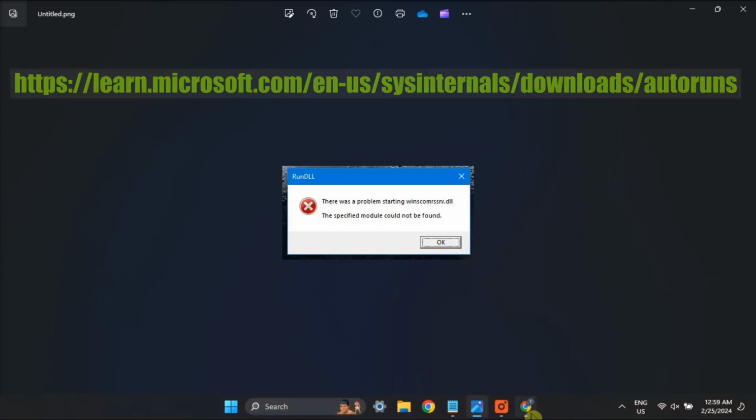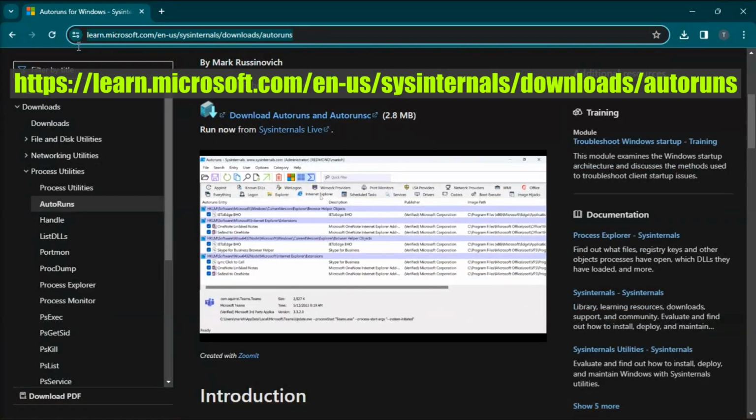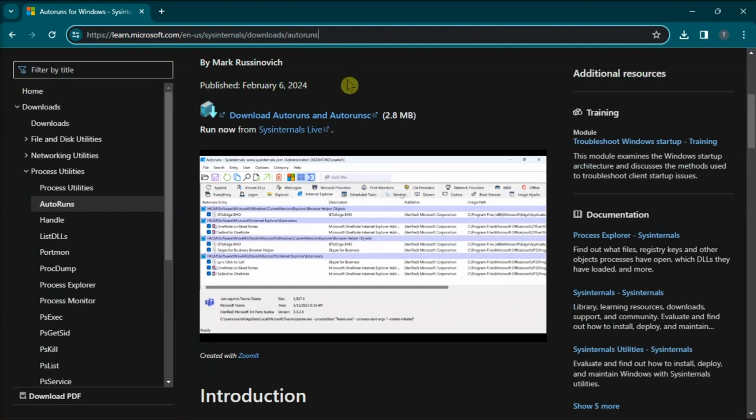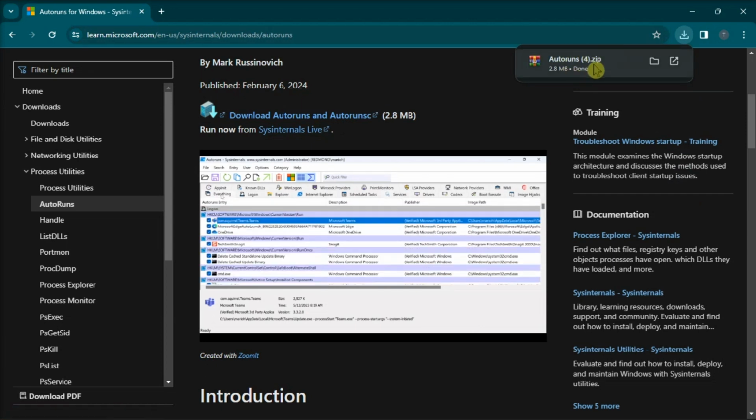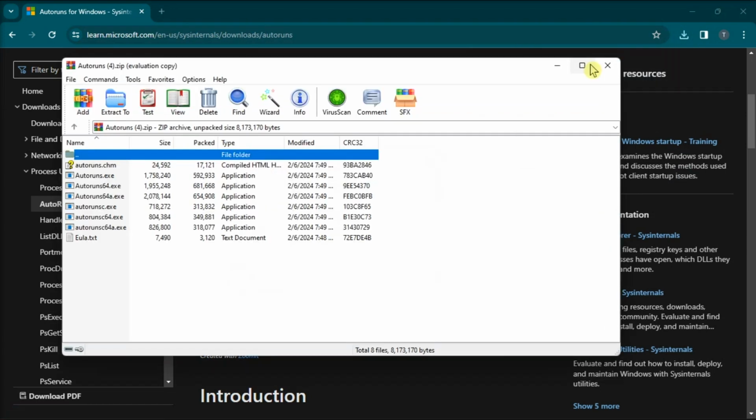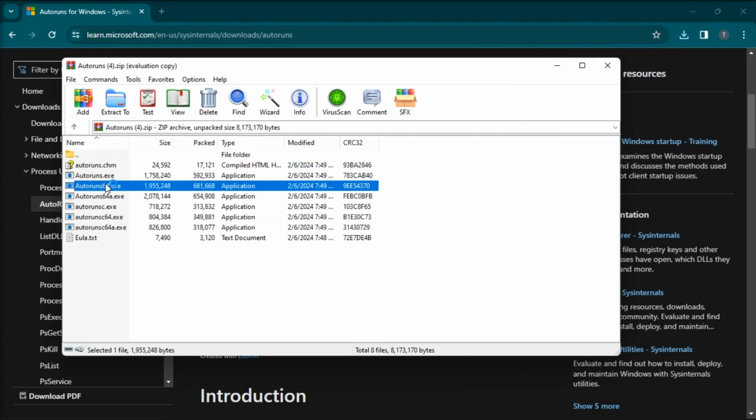So to do it, open Microsoft Autoruns webpage. Click on the Download Autoruns and Autoruns SC hyperlink, then install it on your computer. Once done, run it as an administrator, go to the folder section,